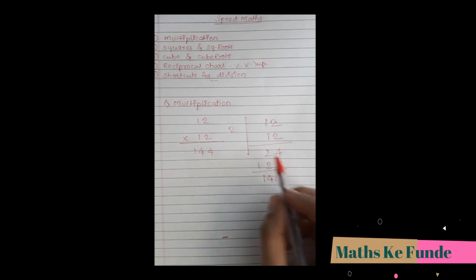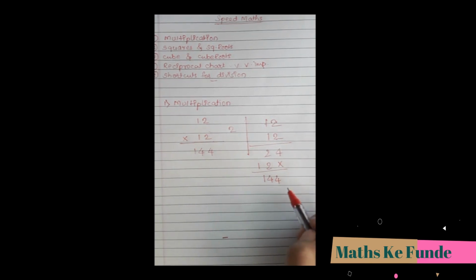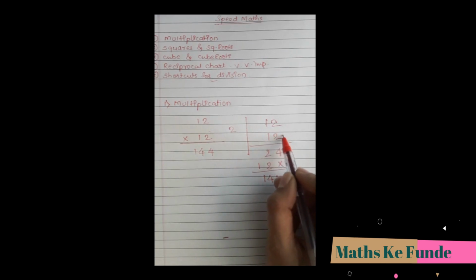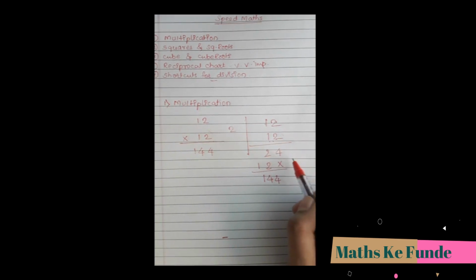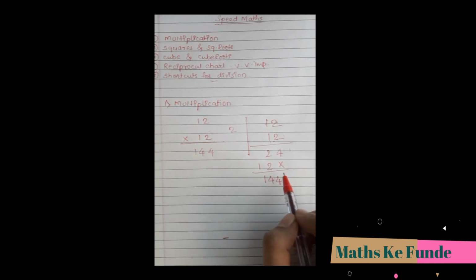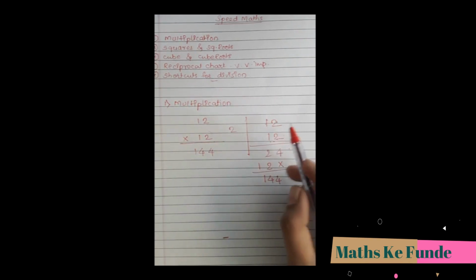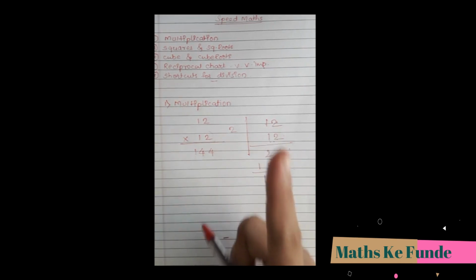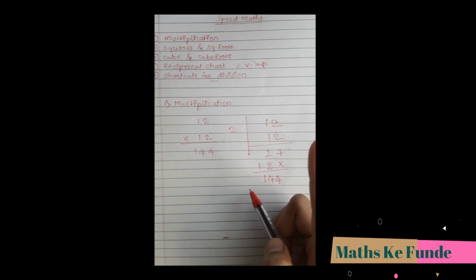But if you see, this conventional method that we are using is lengthier. The number of digits you have in the base multiplicand is equivalent to the number of steps you get below, and then you add up and you get your answer. So in today's method of multiplication, irrespective of the number of digits you are multiplying, we'll try and see how we can get our answer in just a single step. So let's move forward.